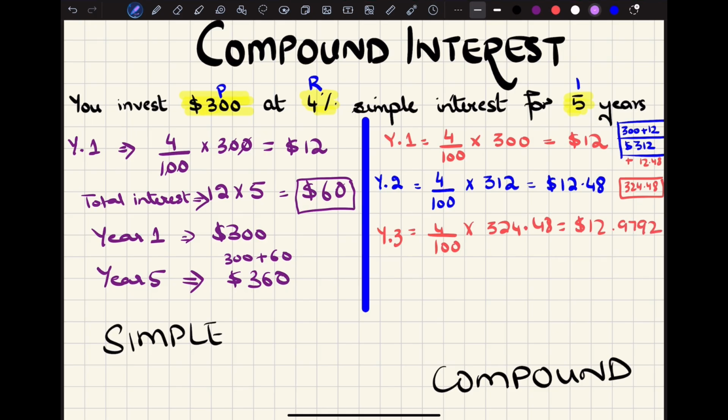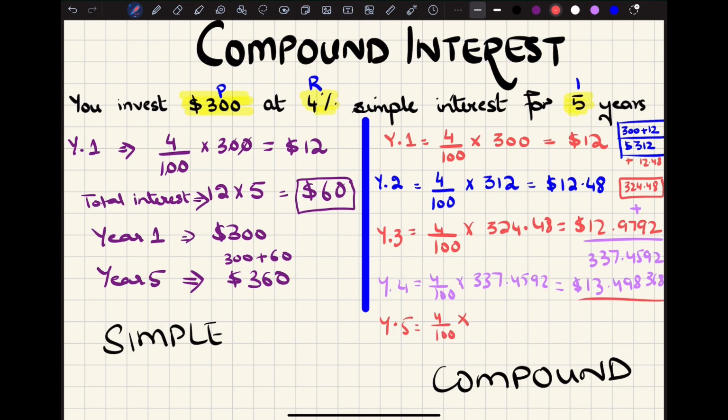So at the end of year 3, you have this plus 324.48. So you have 337.4592. Okay, so year 4, you're going to earn 4% of 337.4592, which is 13.498368. And at the end of year 5, you're going to earn 4% of